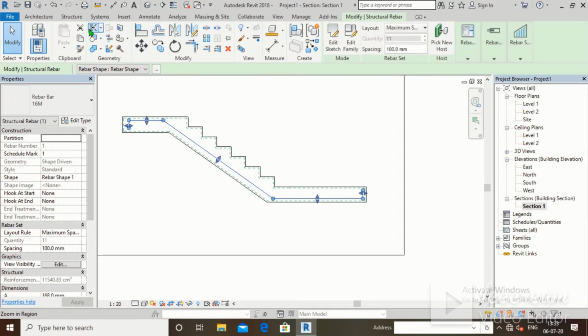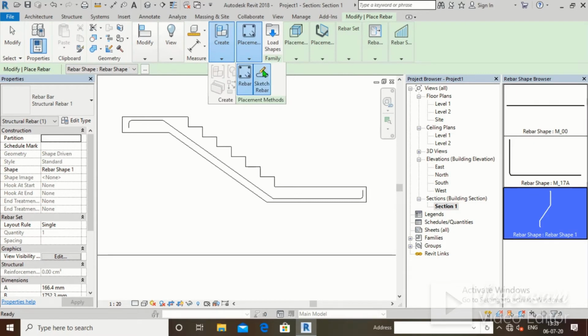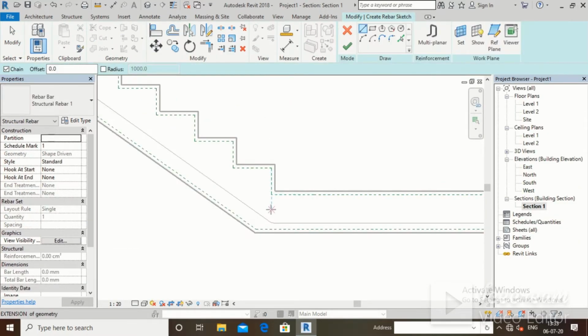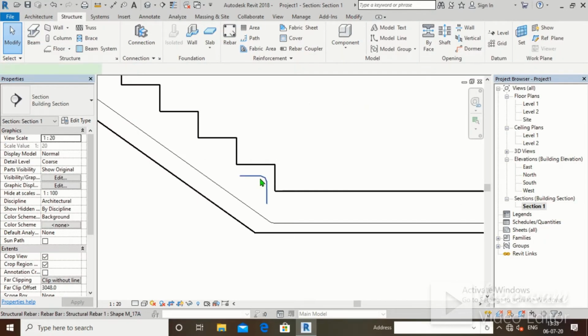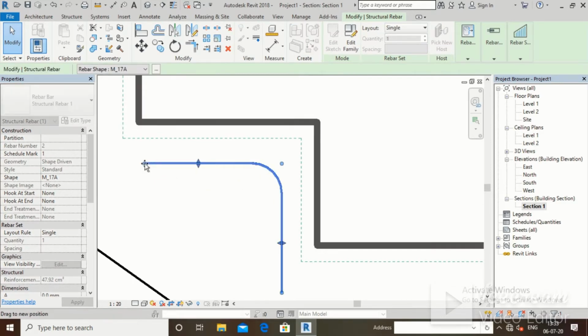Now we will again click structure, rebar. We will again sketch the rebar. Select this. We have provided one rebar over here. We will move it a little bit upwards. Okay, fine till here. We'll stretch it a little bit.